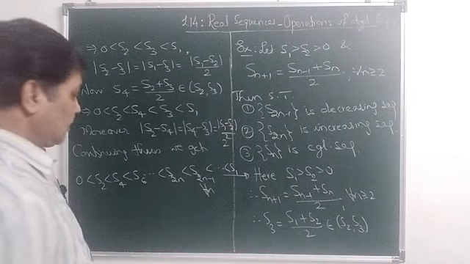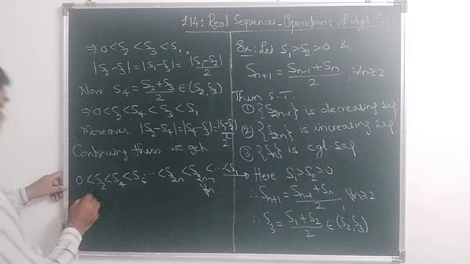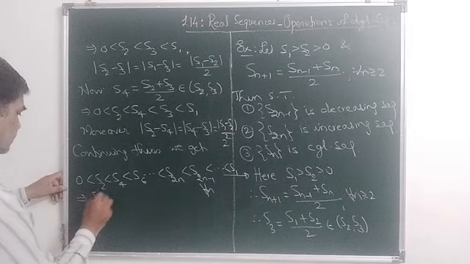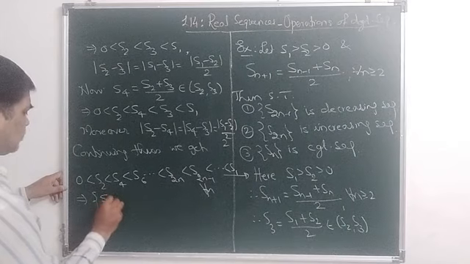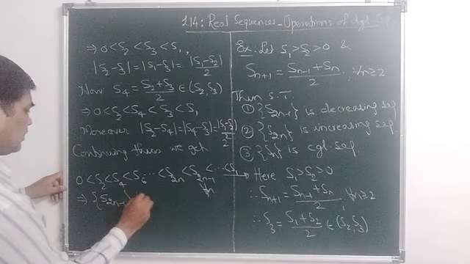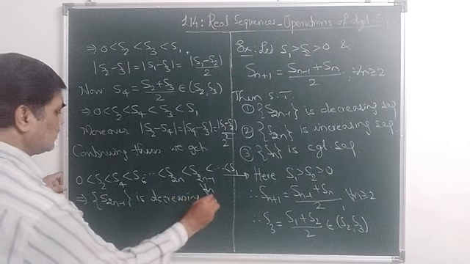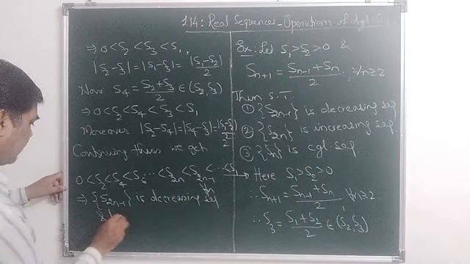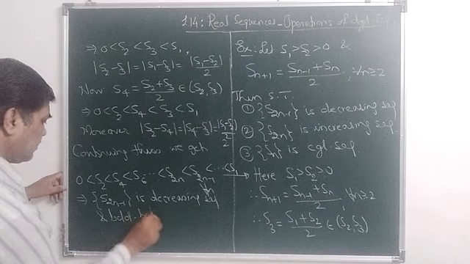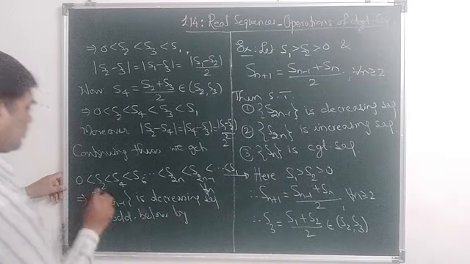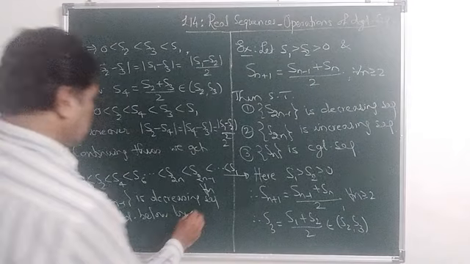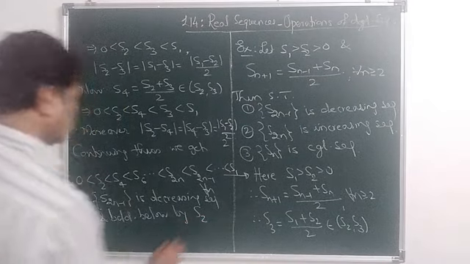We will get a sequence like this. Which implies S(2n-1) is a decreasing sequence and bounded below by 0 or S2,